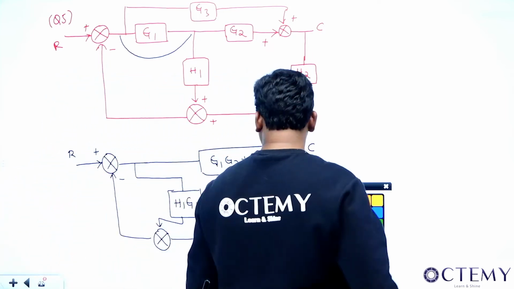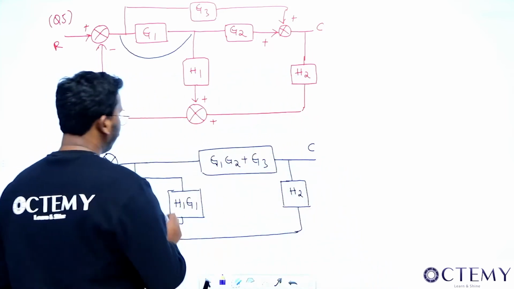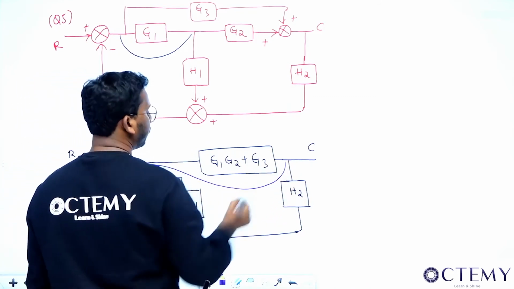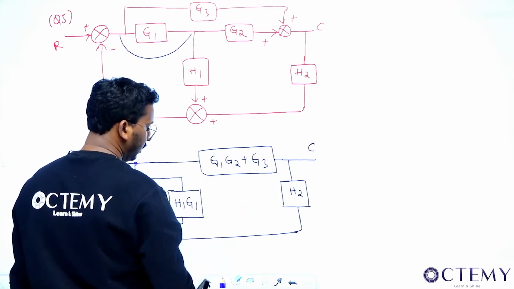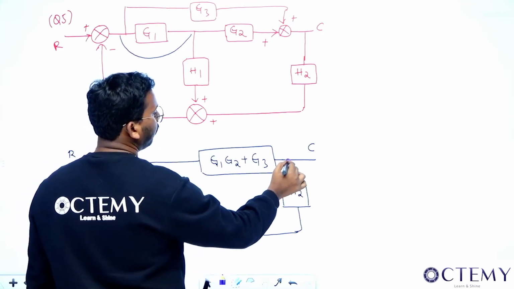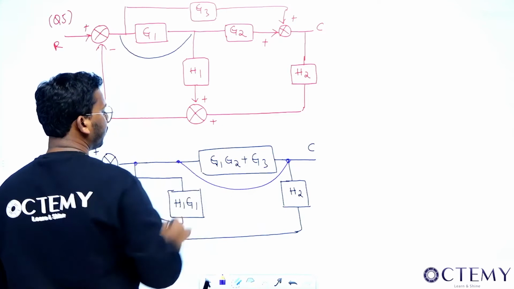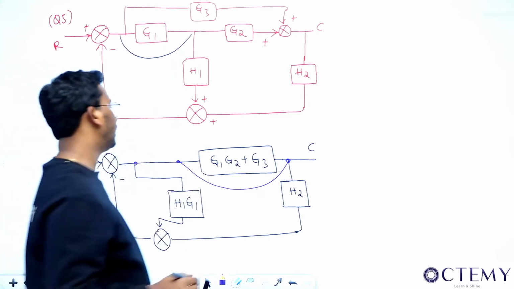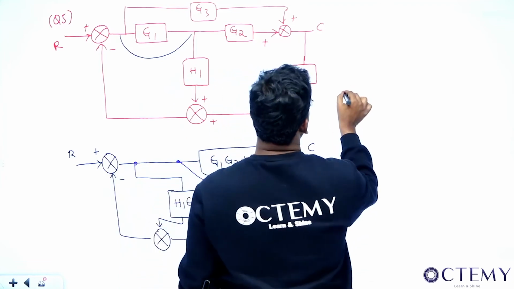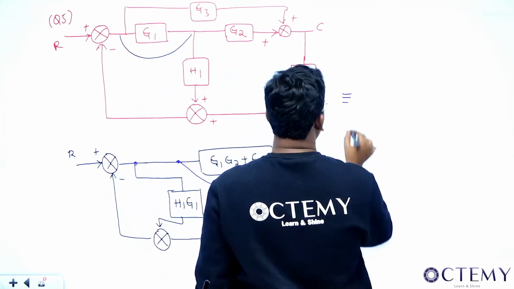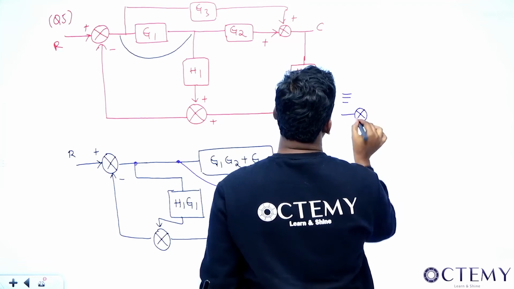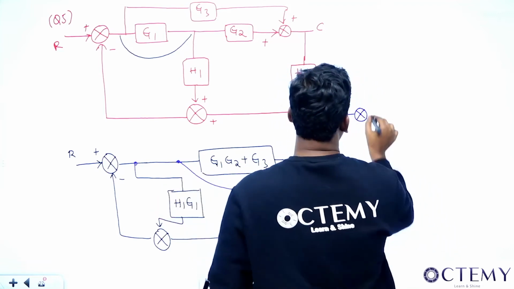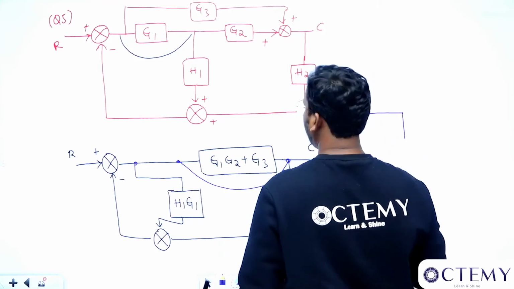So let me do the next step. The next step is, let me move this guy from here to here, sir, right? Or let me do the opposite. If I want to do the opposite, let me move this from here to here, right? Because I already did that, it will become multiplication. See sir, what will this become? Then the equivalent circuit will become something like this. This will stay as it is. This is coming here, so they will become parallel and it will become a loop like this. It will be a loop like this.